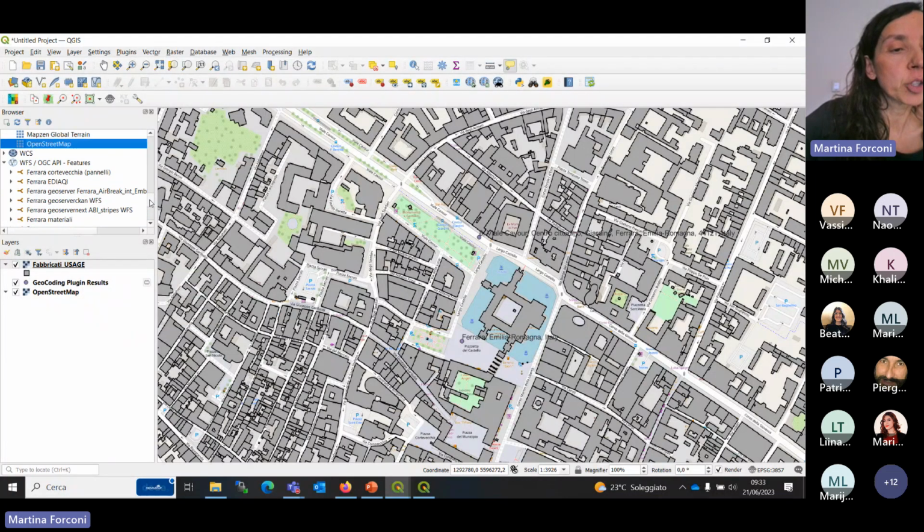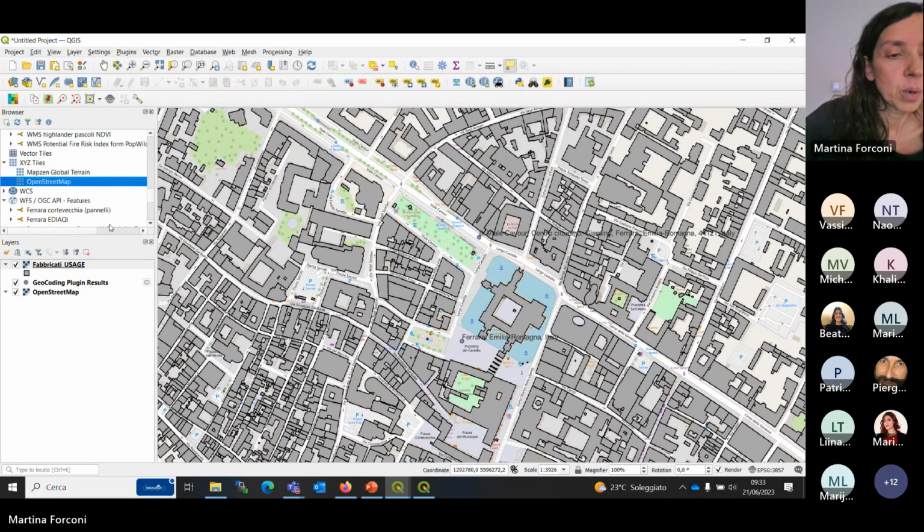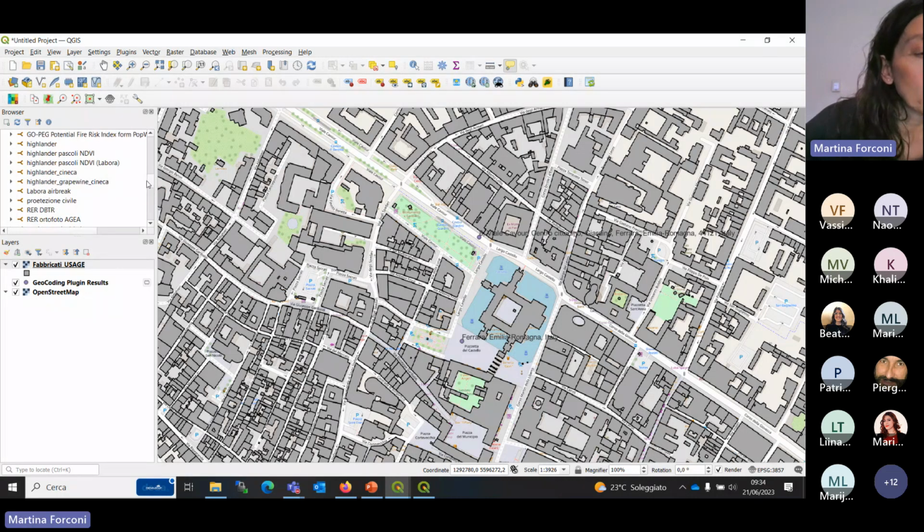After you create the connection, you can also use the browser to choose the connection you have created. I have a lot of connections, but Ferrara, this is the one I've just created.